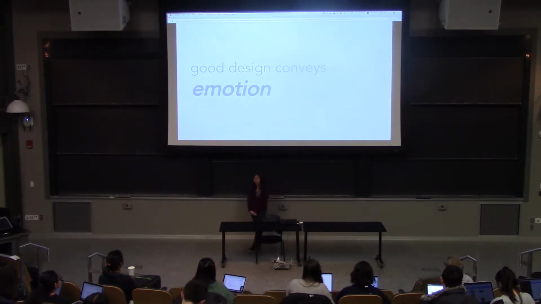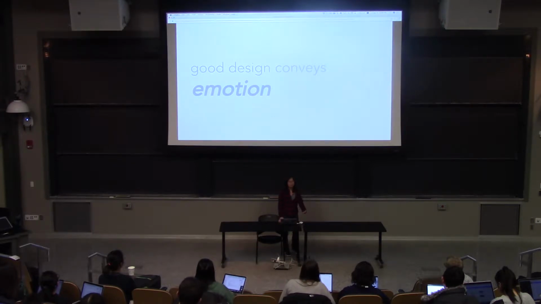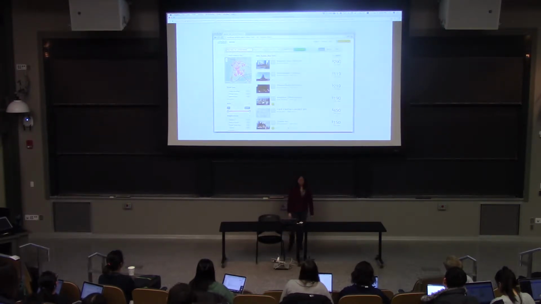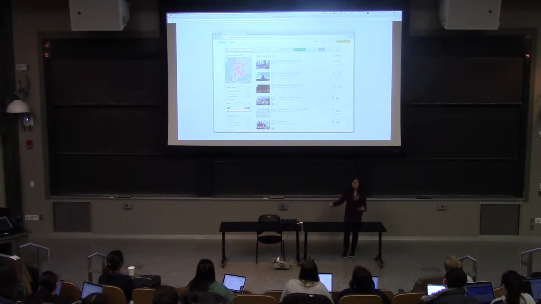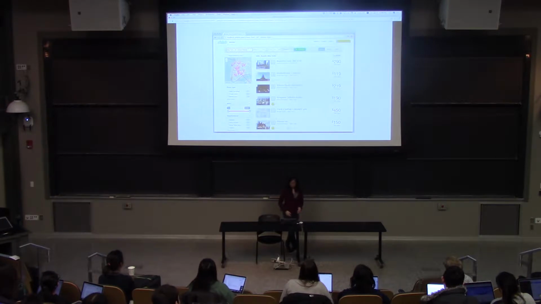Finally, we're going to talk about conveying emotions. This one's probably the one that you're like, what? What does this mean? We're going to go through an example to explain exactly how you can convey emotion through design. This is the original Airbnb website. It looks kind of like a newspaper clipping, like a compilation of things. Not entirely sure. It looks very 2000s, but to explain exactly how this works,